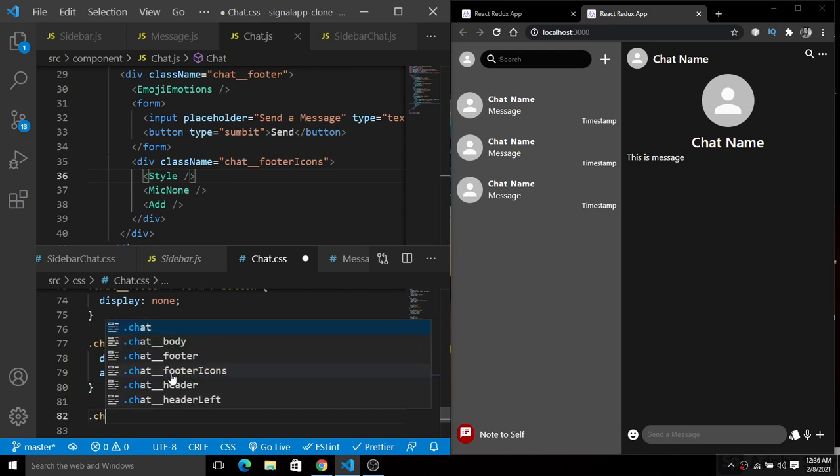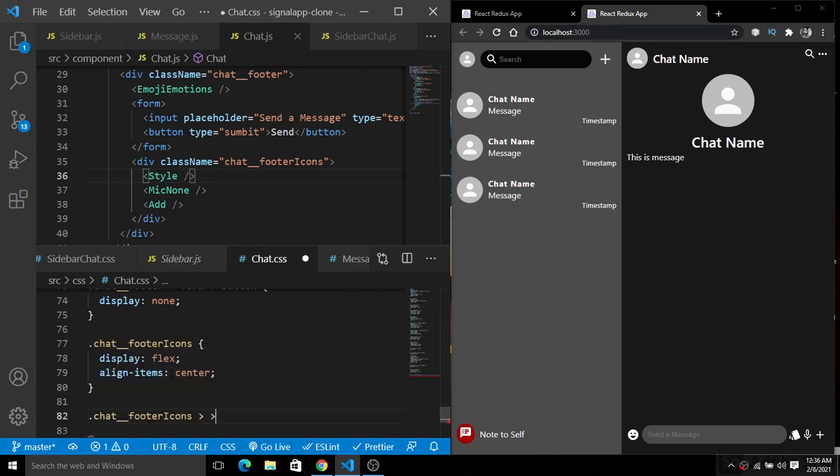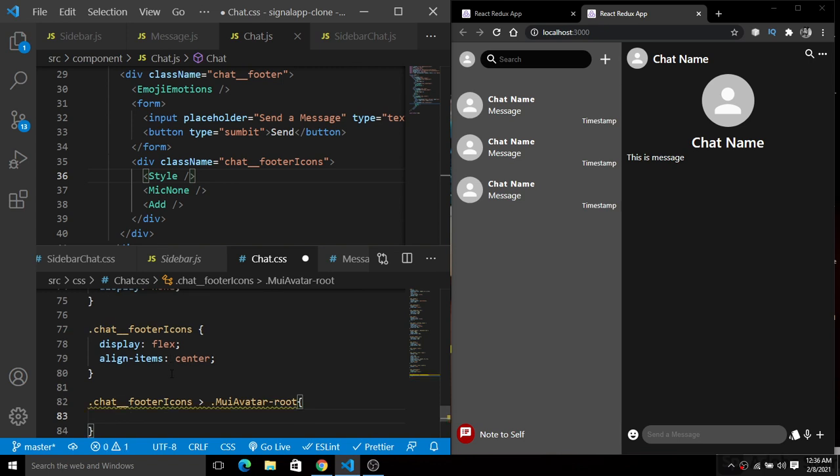Okay, next inside of this chat footer icons, we have a material UI SVG icon root, and here simply remove this, and we'll simply give a color of gray. Okay, I think color is fine. We have fine color here. We'll simply change the font size to extra large. Now save this. Very large image layer icons here. Fine. We have changed the font size to extra large.